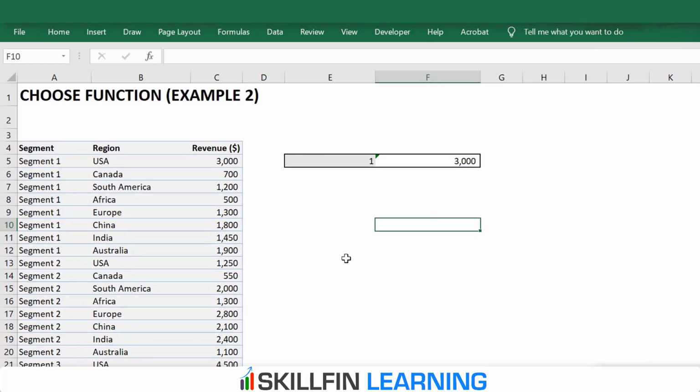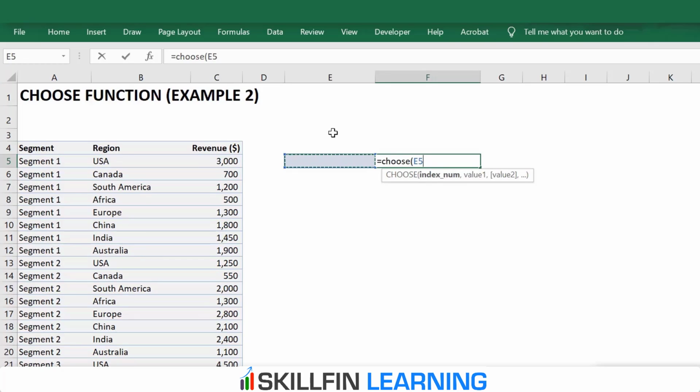However, we can use ranges when we use choose function with other functions that can handle ranges like the sum function, the average function, count function, and so on. So here we can use choose function as choose. Again, index number has to be in another cell.